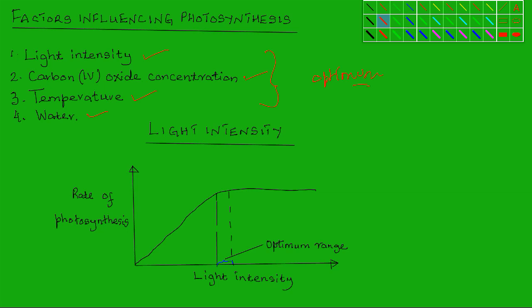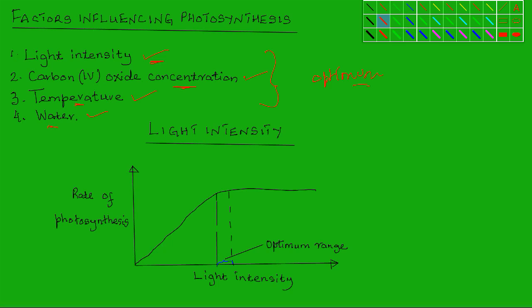For example, if light intensity is at its lowest level, then the rate of photosynthesis will be slow regardless of the concentration of carbon dioxide in the atmosphere, regardless of the surrounding temperature, and regardless of the availability